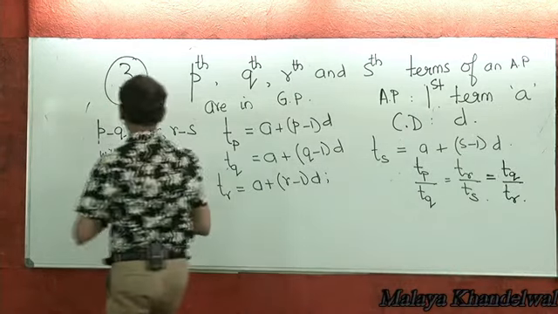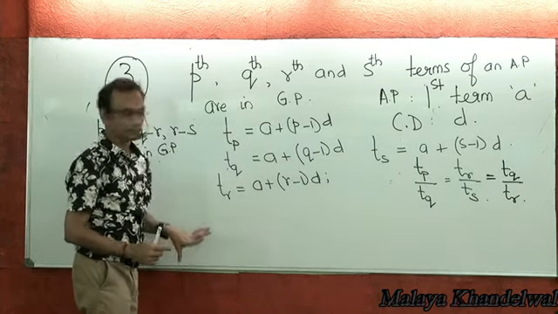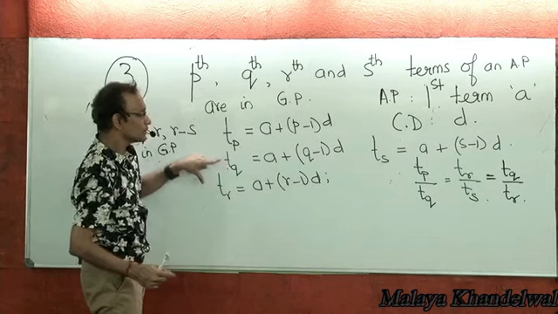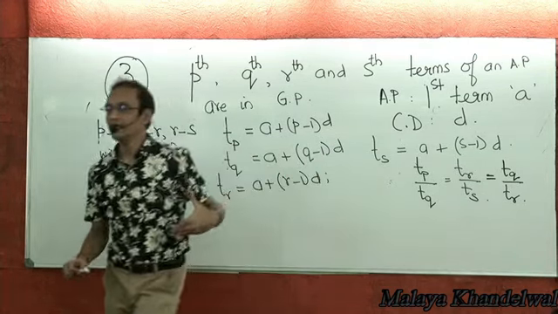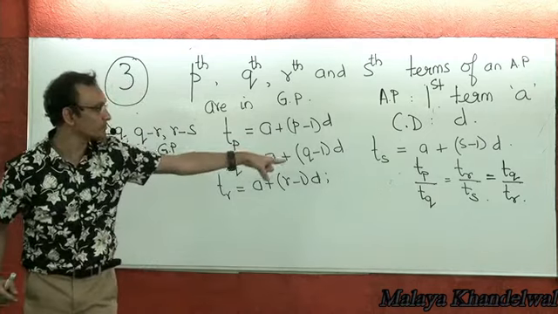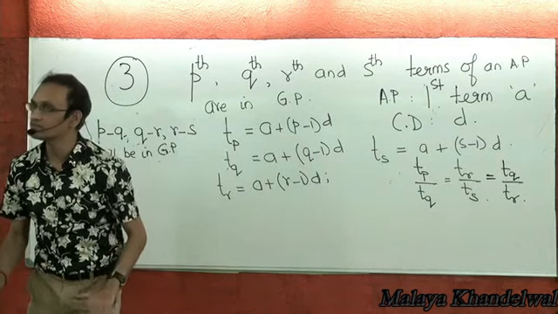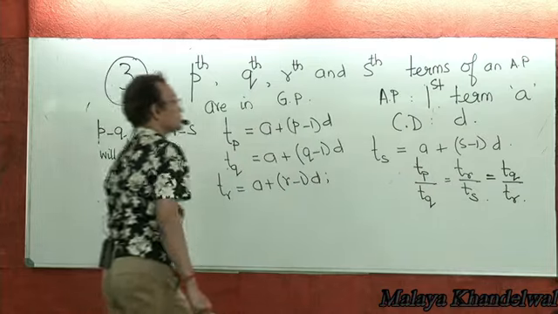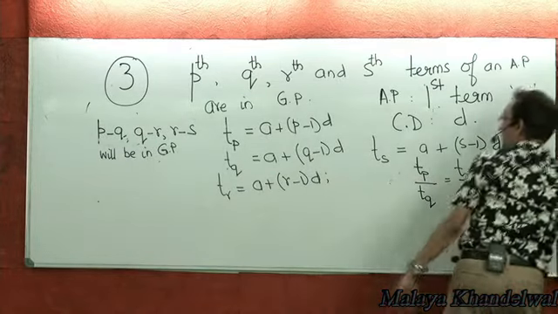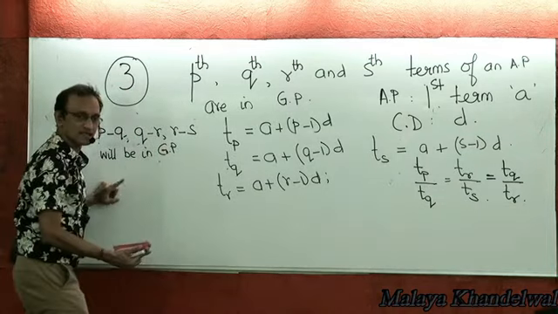Yes or no? See, if TP, TQ, TR and TS are in GP, that means TP by TQ must be equal to TQ by TR must be equal to TR by TS. Clear? This is what I've written. TP by TQ is TQ by TR is TR by TS, if TP, TQ, TR, TS are in GP, right? Which means, and I want to show that P minus Q, Q minus R, R minus S are in